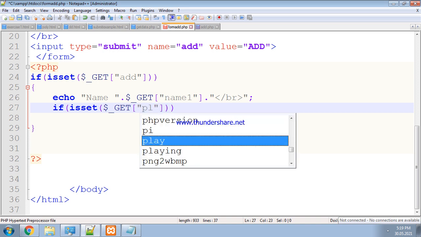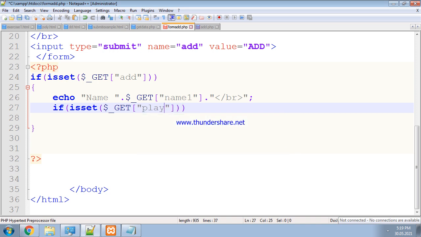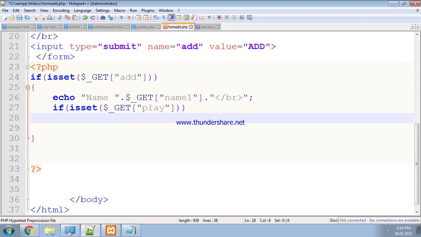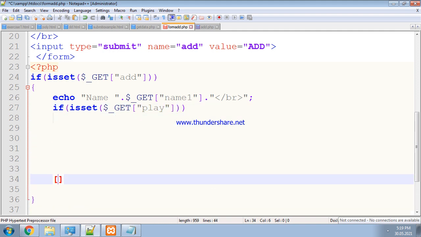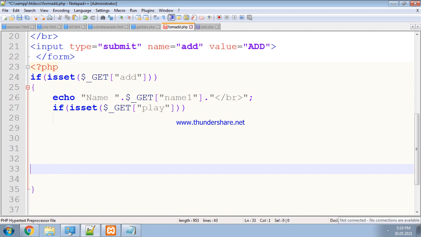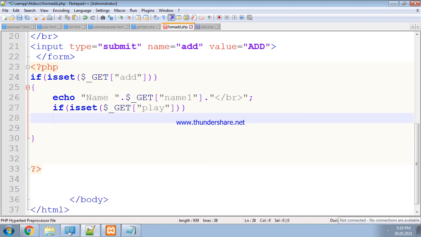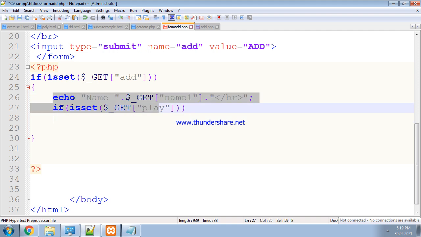What is the name of the first checkbox? Suppose play. The name of the first checkbox is play. Then we write if isset dollar underscore GET play. If this checkbox is checked, then only we have to display the value of the hobbies.